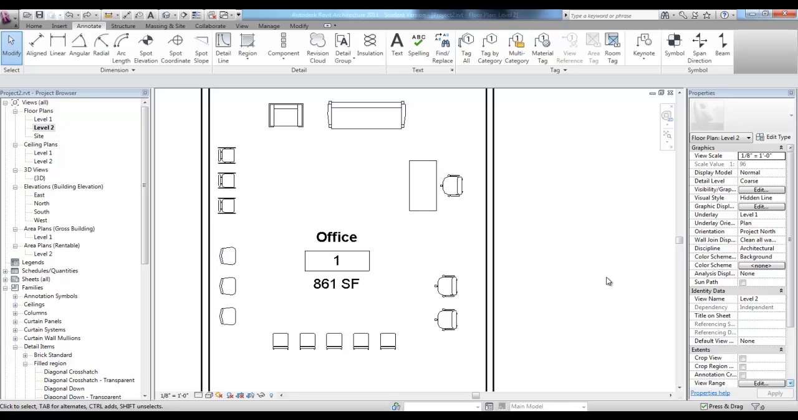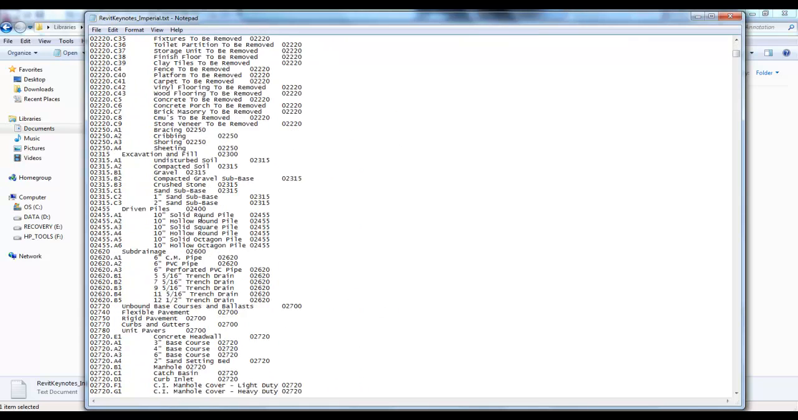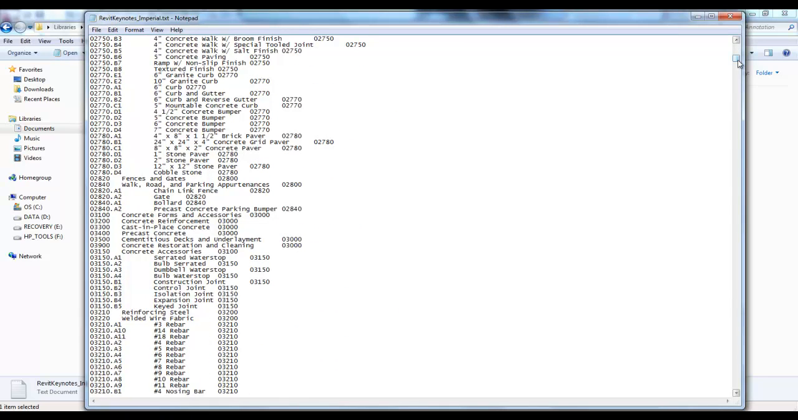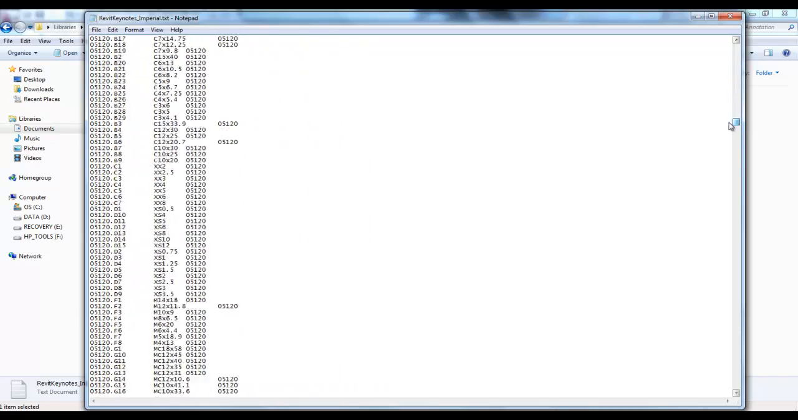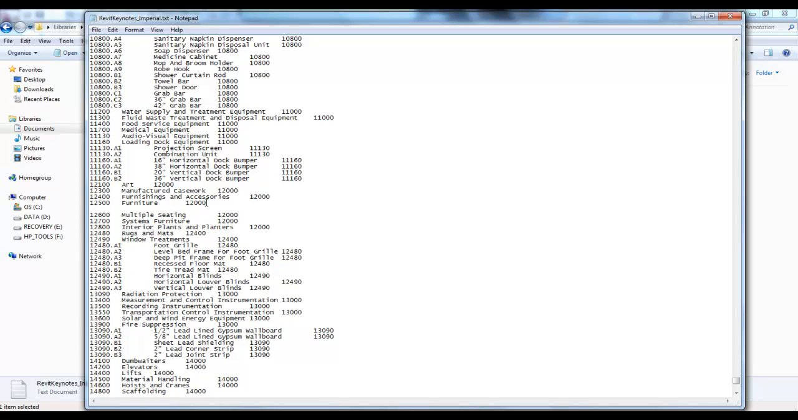Save that text file to your computer and then open it up. You'll see all of the different divisions in this TXT file. If you scroll down to 1200s, you'll find the number 1200 under Furniture. You can place the cursor at 1200 here and press Enter. Just below the 12500, type in